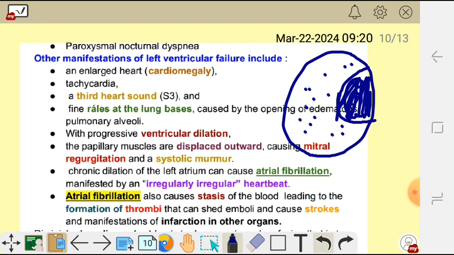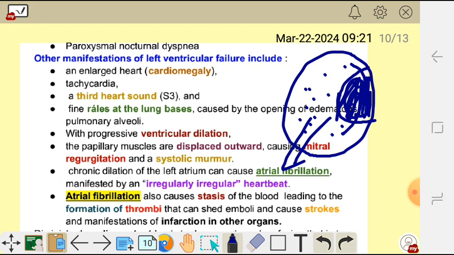And if this thrombus is shed out into the blood, it is now called an embolus, and that embolus can break into small pieces which can block blood vessels in different organs. If it is in the brain, then that can lead to stroke. Okay, and if it is in other organs, then that can lead to infarction. So some tissues will be dying in those other solid organs, such as the kidneys and even the lungs,